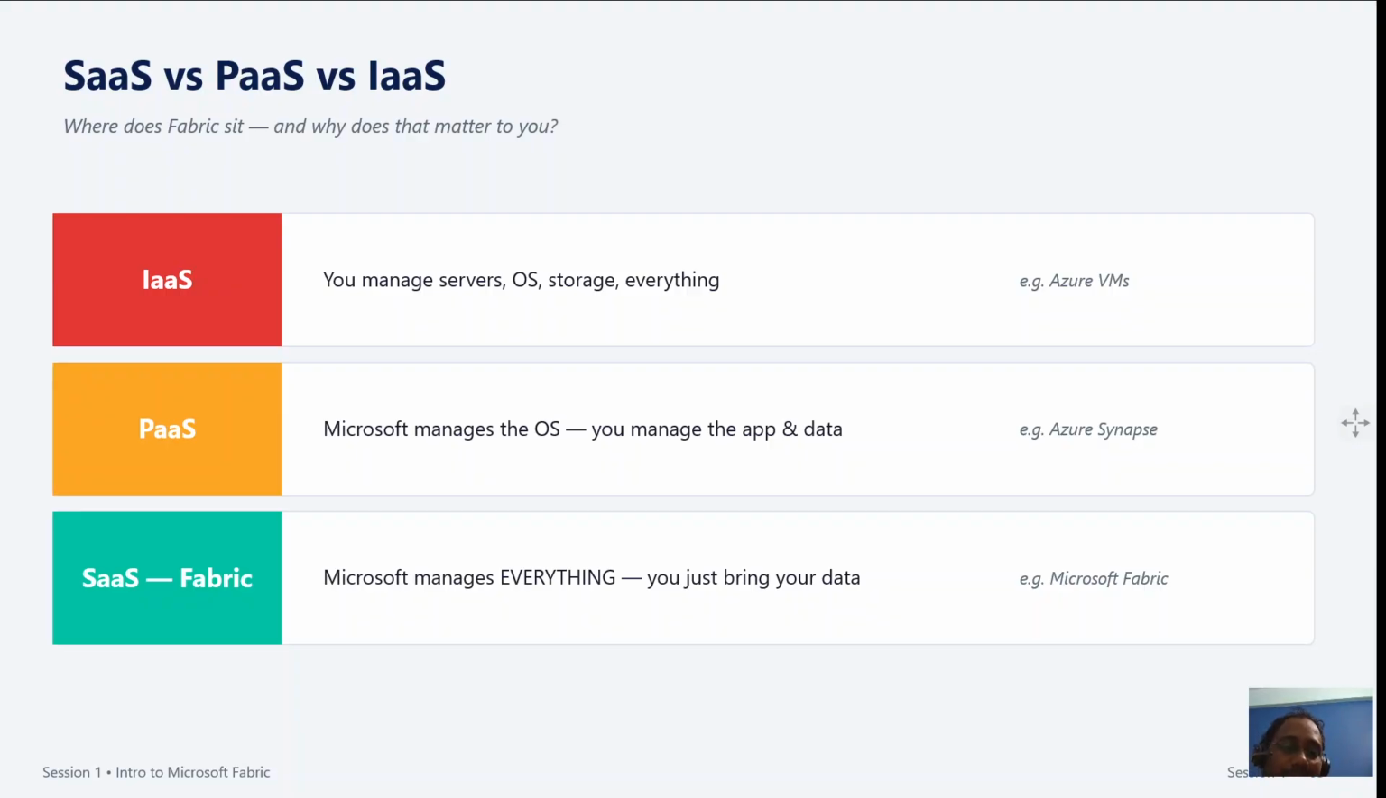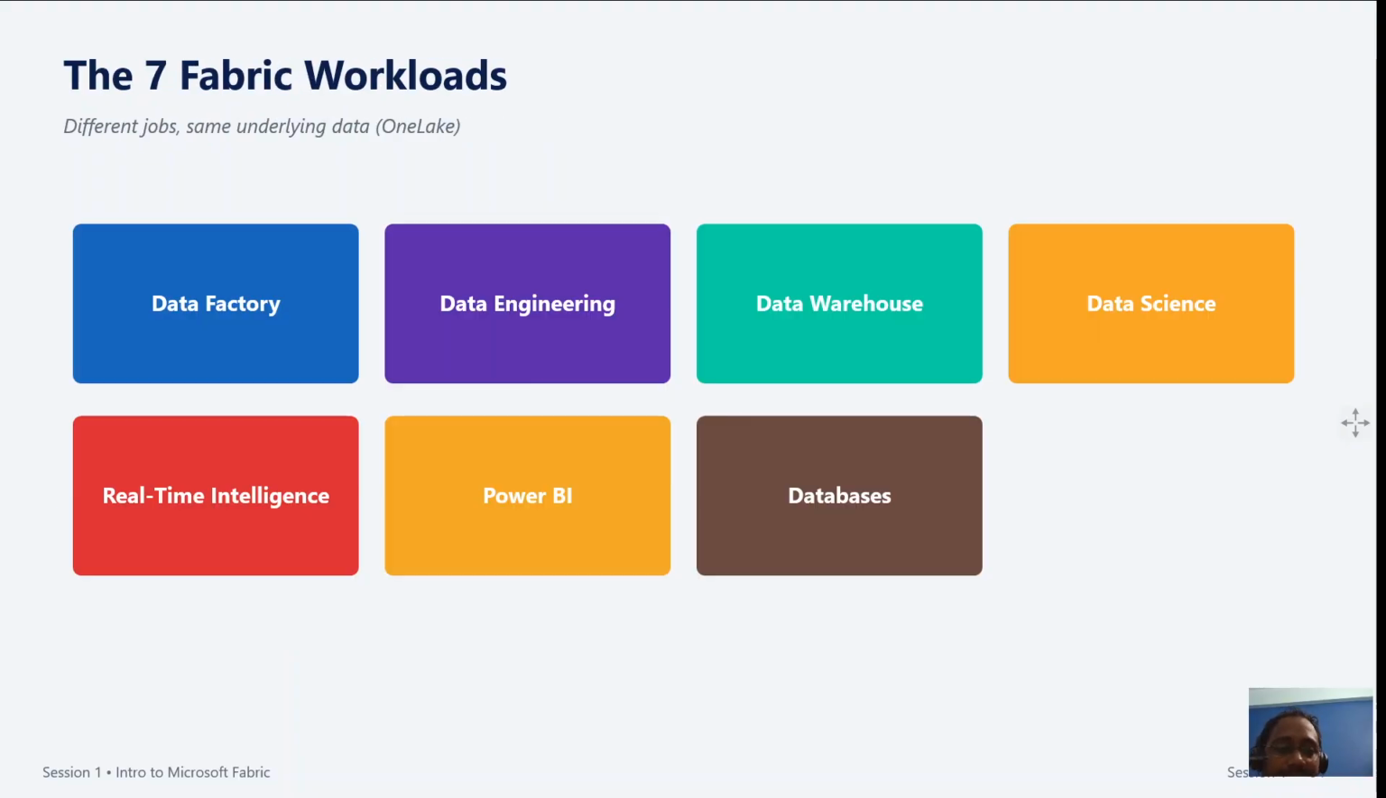Manage everything by Microsoft. You just have to bring your own data. Got it? So this is how it looks like. Hope you got it. SaaS, PaaS, and so on. Coming back to the 7 different workloads which are going to be visible to you once we get started with